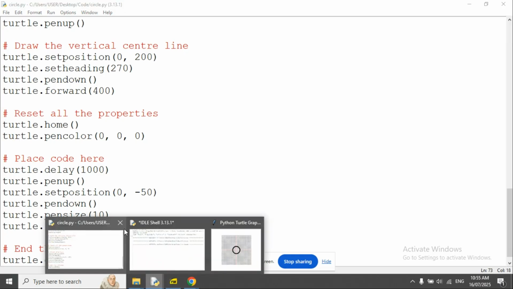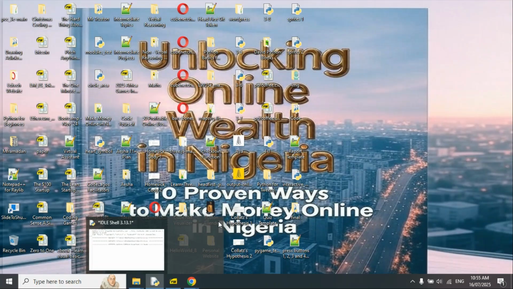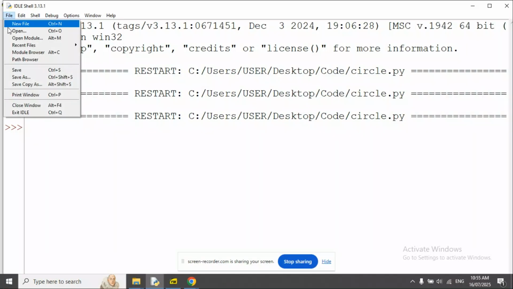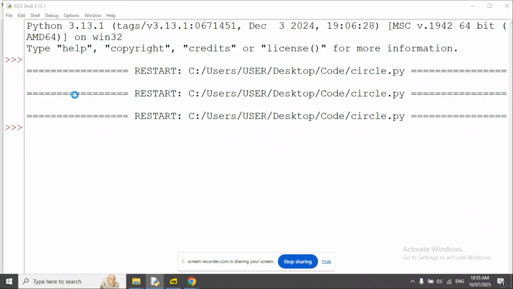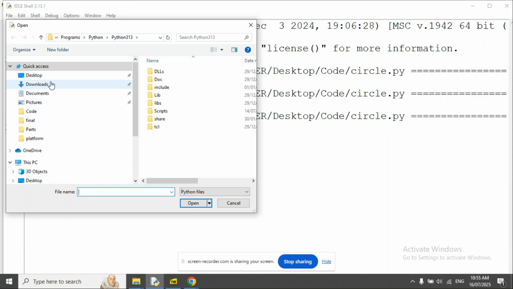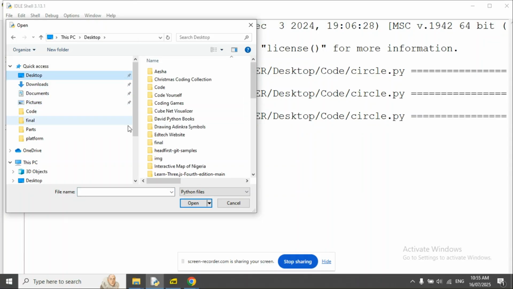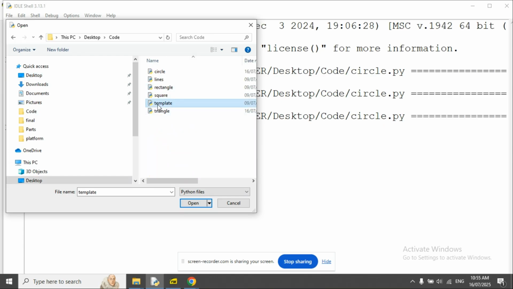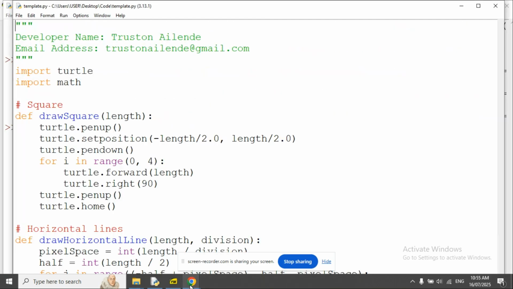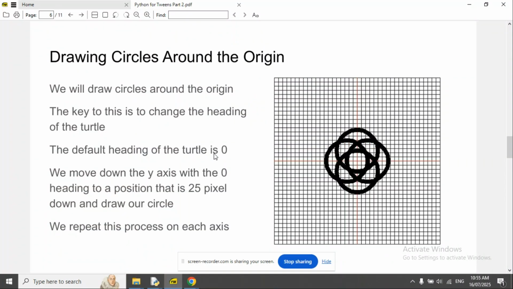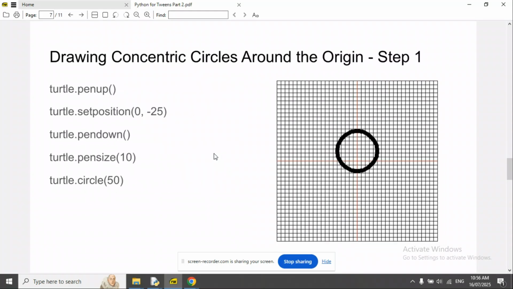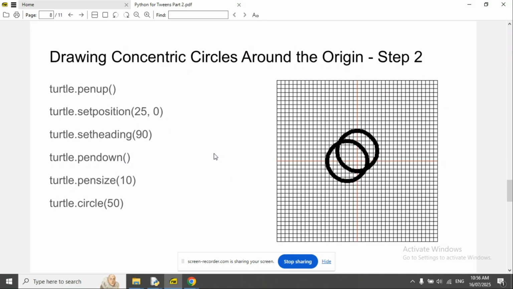So let's close this, open our template.py. Okay, so we're going to draw this figure. It consists of intersecting circles that are centered around the origin. So the way it works, I'll just show you